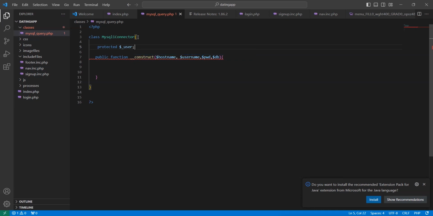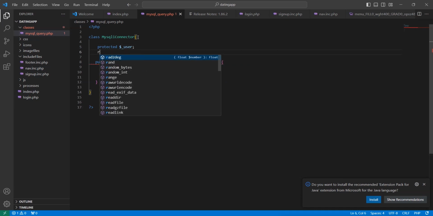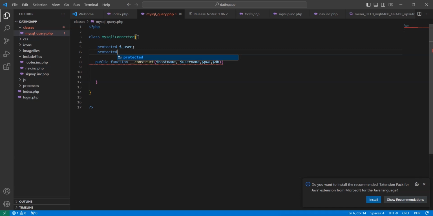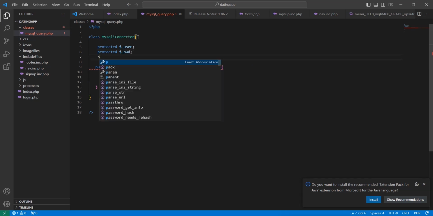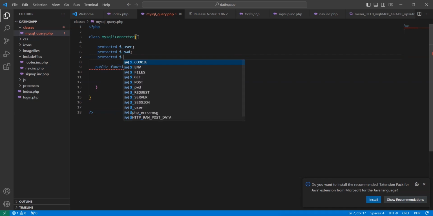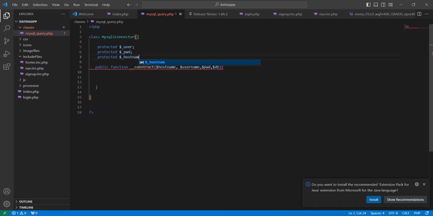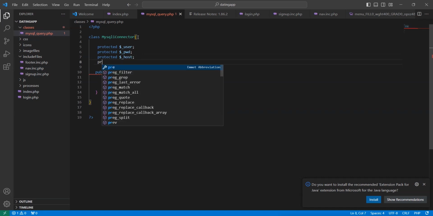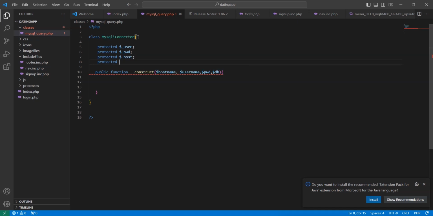Okay. Then protected password, protected host name, or let's say host, then protected DB. Okay, once these have been defined,